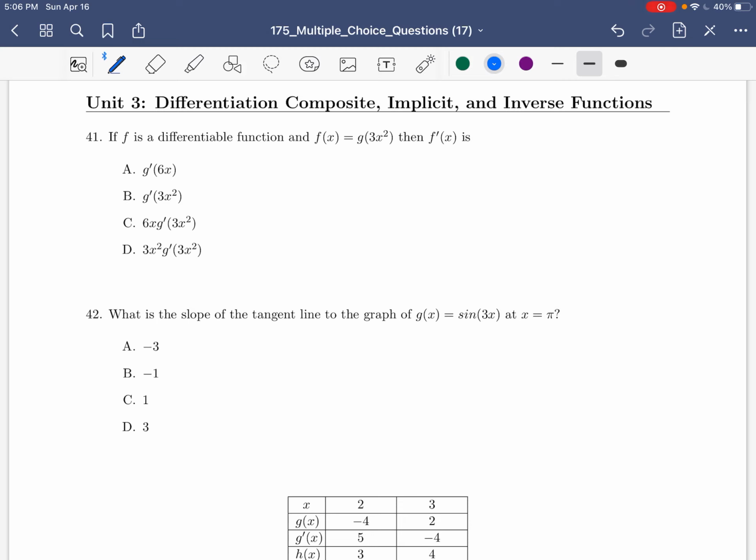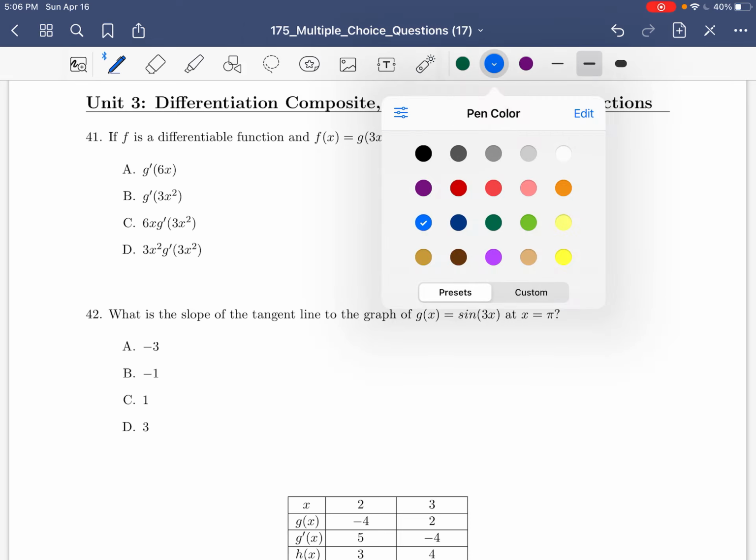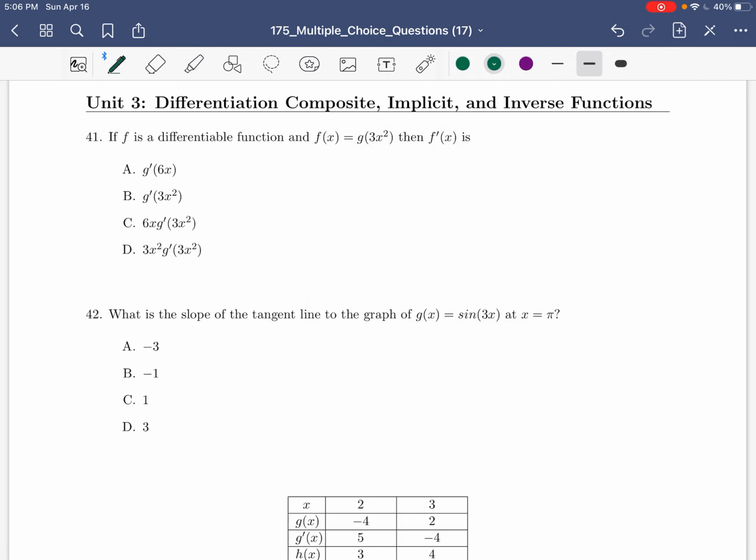Alright, now we have unit 3. So 41 says f of x equals g of 3x squared. So this is obviously going to be chain rule because we have a function inside of another function. So when I'm looking at taking the derivative, remember we take the derivative of the outside first, so g prime. The inside stays the same, 3x squared, times the derivative of the inside,